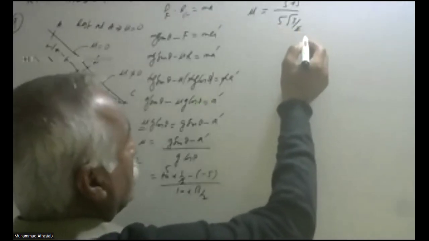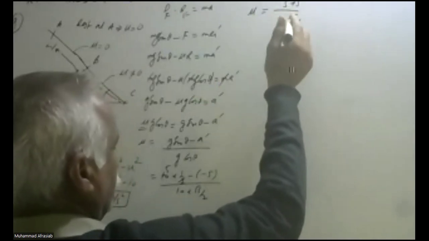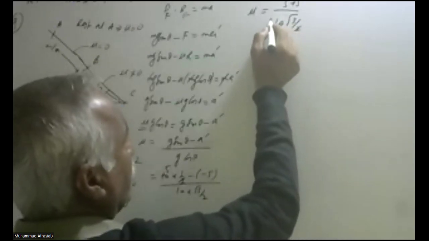So this is becoming 5. So that thing is equal to 10 over 5 root 3, or 2 over root 3,